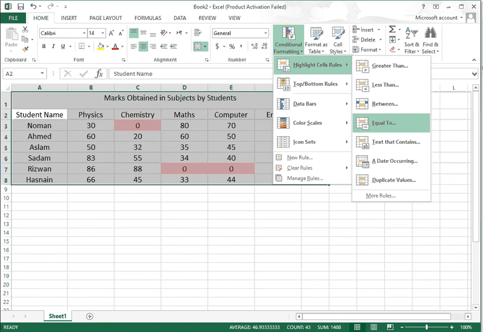Where you can highlight which students have failed, which students got first A grade, how many students got A grade, and how many students got B grade, etc. Or the percentage: the students whose percentage is below 40 or below 50, or who fail, then you can apply this conditional formatting.